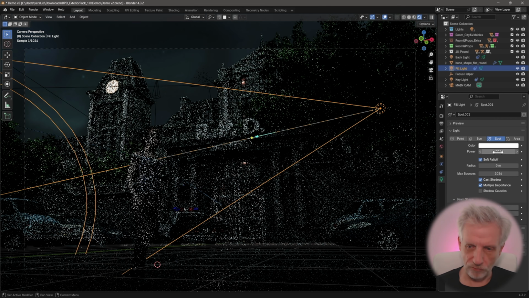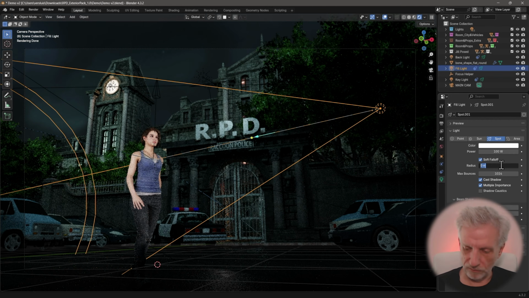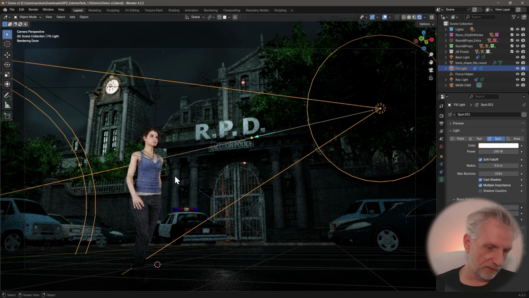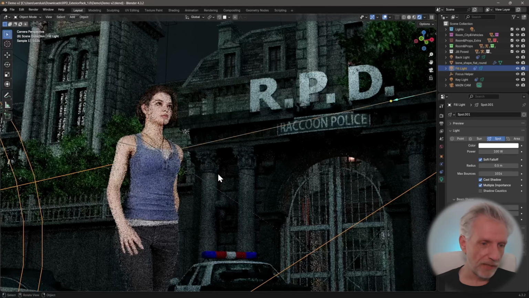That's too much, isn't it? So 100, and then the radius, make that sort of 0.5 as well. Makes it a bit friendlier. So this is making our character show up and actually readable. That's nice. And now all we need is something else